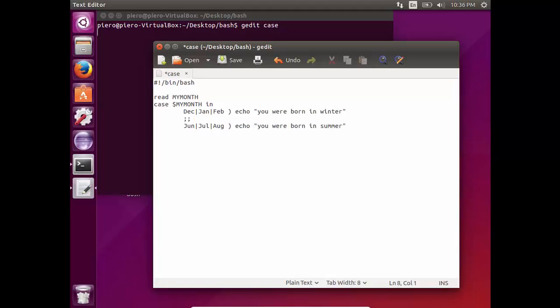So end quote, and then we're going to do semicolon, semicolon, and then we're going to do one last case, and that's for September, October, or November. Space, we're going to echo you were born in fall. Semicolon, semicolon, and then here we do asterisk, space, close parentheses, and if it doesn't meet any of these three cases,